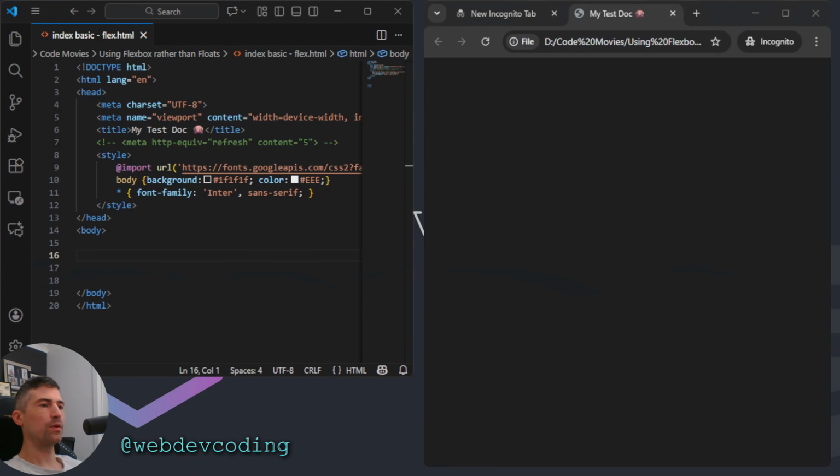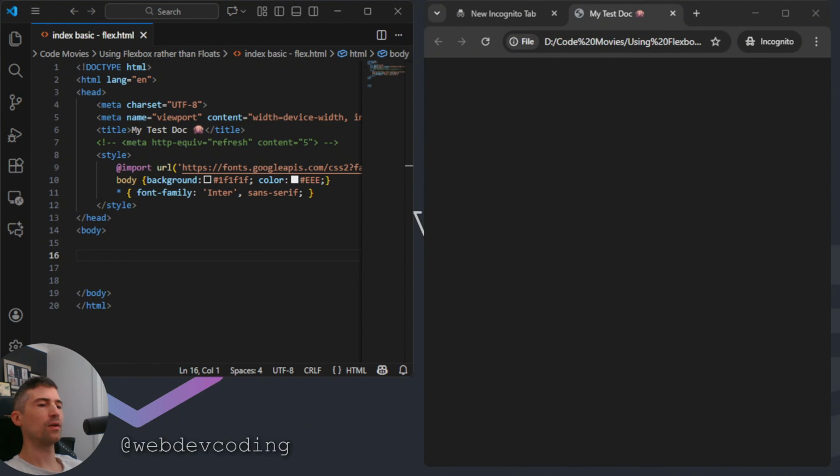Alright, welcome back. We are talking today about flexbox versus floats. Now, I don't think anyone uses either of these anymore, as they probably use grid instead. But flexbox does still work, and it did replace floats for a while, I think, before grid was implemented. So I'm just going to do a quick demo of floats, and then we will do a demo of flexbox